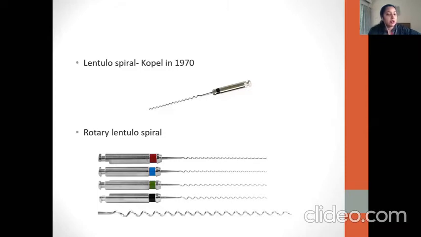This is attached to your small micromotor handpiece, okay, and it can be used with a micromotor itself. So you don't require any other aerotor or any other machine for this. So it can be used with your regular micromotor. And your micromotor has a mode which is called a reverse mode.